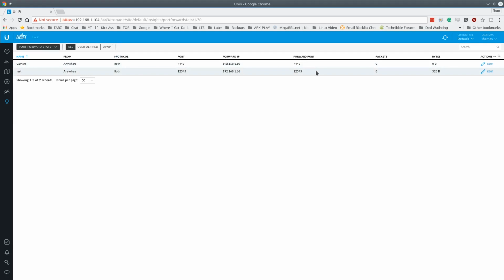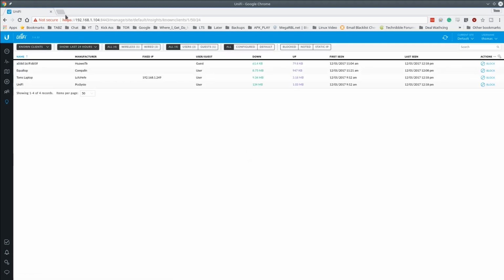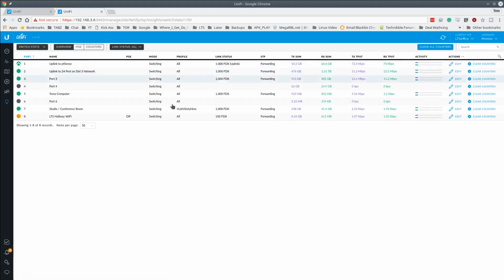This is our pretend port, and this is the one we tested. So we've got 8 packets that went through from that test that we did. And go back over here to known clients. Actually, to show you a little bit more data, let me jump over to our network. So here's a look at the stats for our network, and you can see